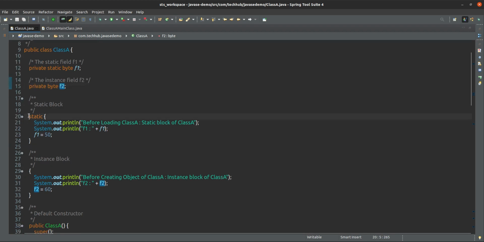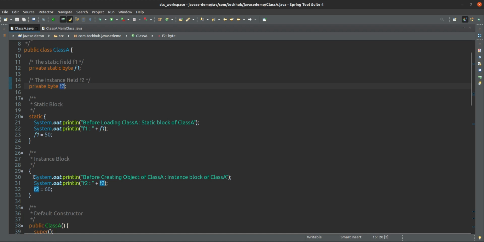And a static block can be used to initialize this f1. Yeah, see, we are initializing f1 inside this static block. First we are printing what will be the default value. Default value will be 0. After that we are initializing inside the static block,